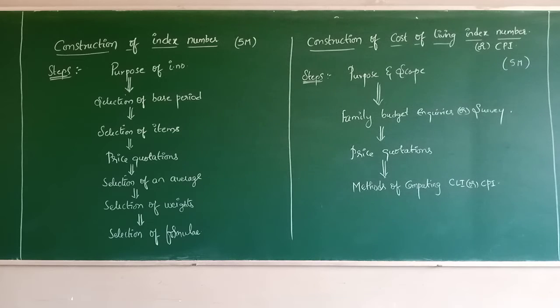So how many kinds of averages do we have? Two. One is arithmetic mean and the second one is geometric mean. Arithmetic mean is the most commonly used because, as you all know, it is very simple to calculate and understand even by a common man. And the second one is geometric mean.